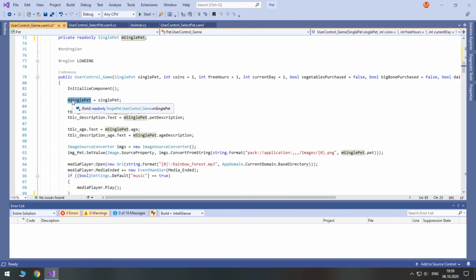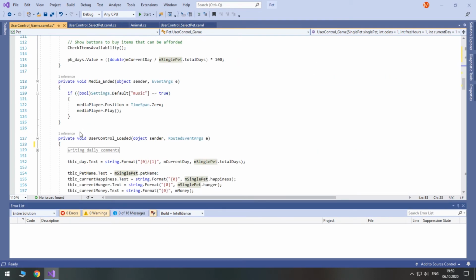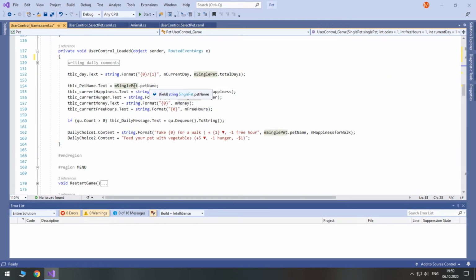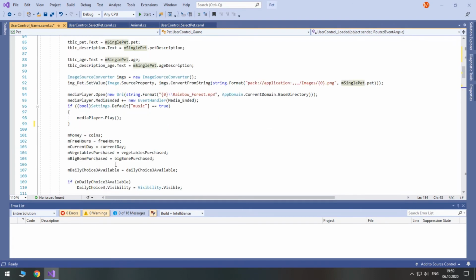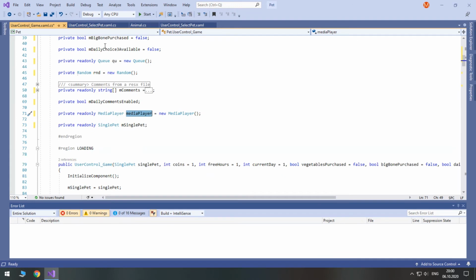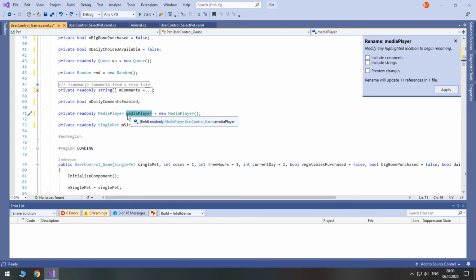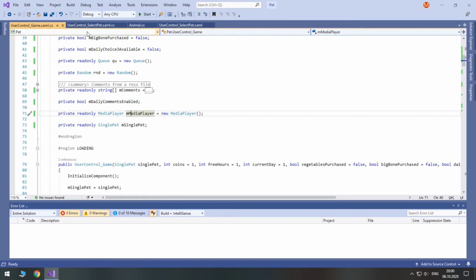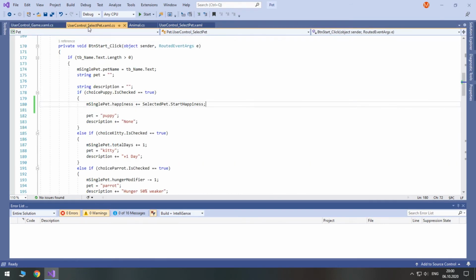In all other cases, we later access its own fields, but we never change the m single pet instance. Okay. Also, we use a convention here where we first type the m prefix for private members. So let's do the same for our media player. So m media player.